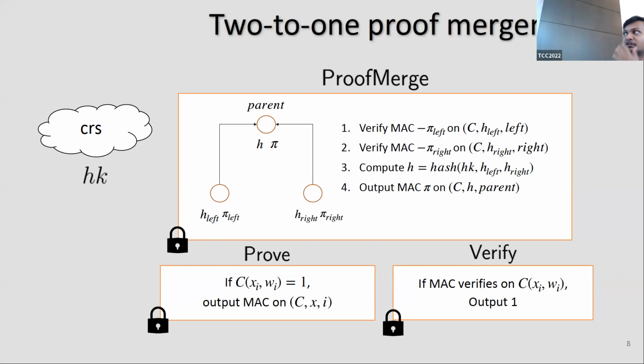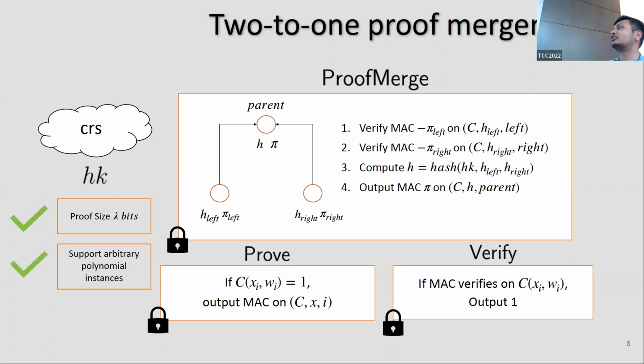Okay, so we have this program in our CRS, and the proof size still remains lambda bits, which is the size of the MAC. And there's no dependence on the number of instances in the CRS. So at the surface, it seems like you can support arbitrary polynomially many instances. So let me show you how, using this technique, you can do